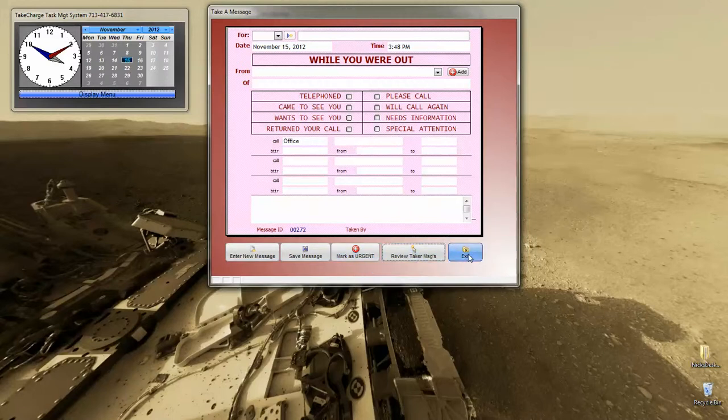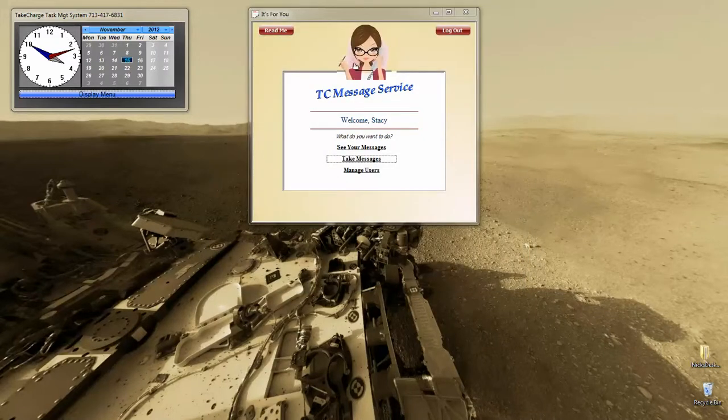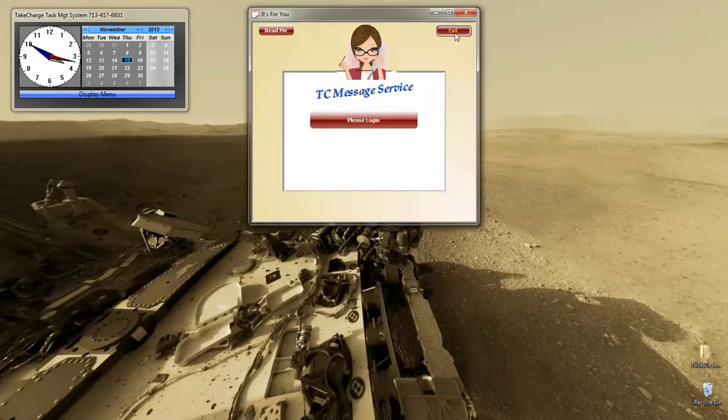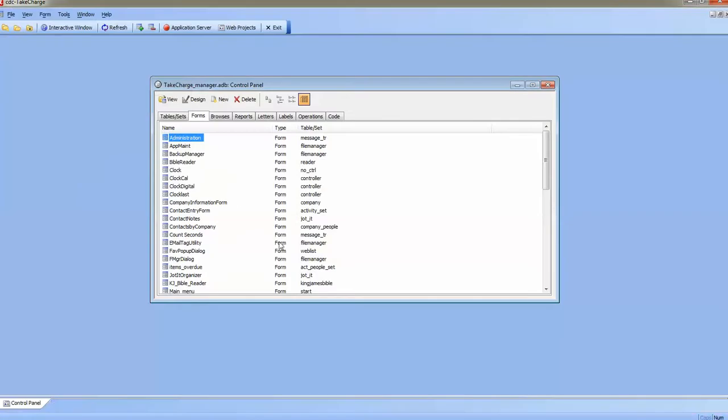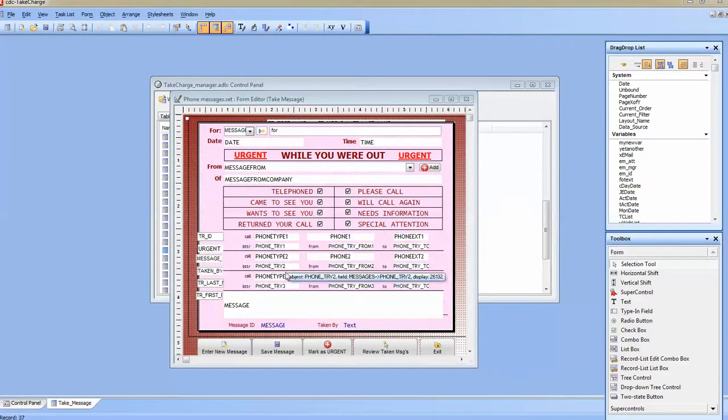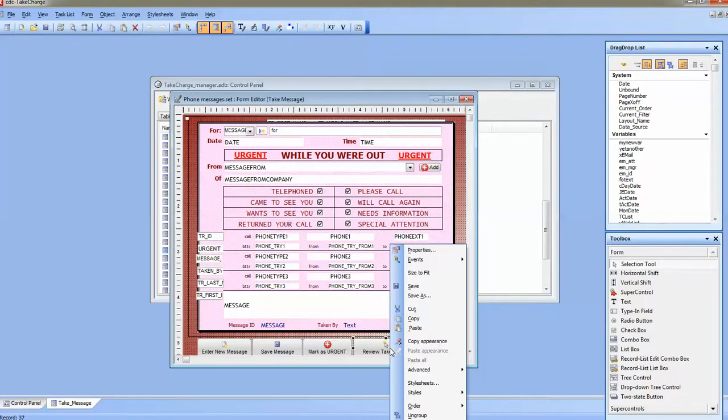So I'm going to exit out of here, and we're going to close our form. Go to our control panel. And we want to look at take message. Now, each of these buttons, we're controlling the objects of the text on the button, the icon, the bubble help, and the code. So what sets that value is this button right here. So on the onPush event,